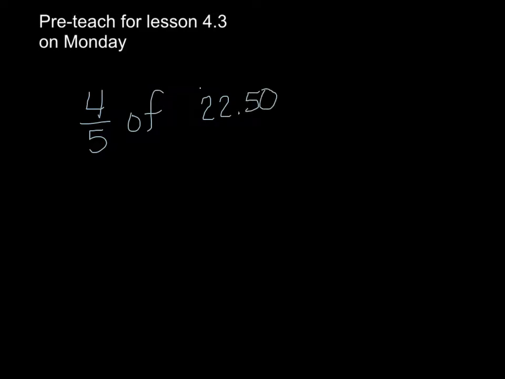Okay. $22.50. So you're going to take 4/5. What did we say "of" means? It means times. So times, I'm going to draw a multiplication dot because you might see that sometimes. Times, and then